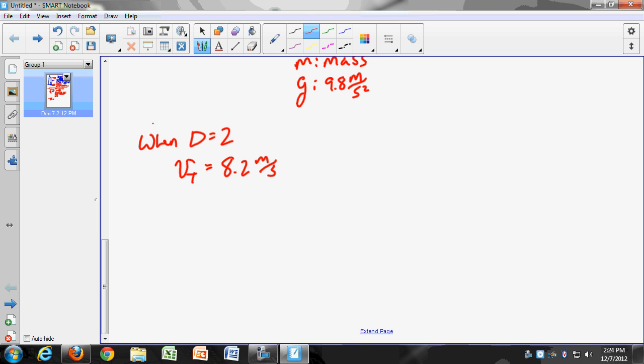Or excuse me, that's the best case scenario. When d equals 0.5, that gives me a terminal velocity. So I have the least amount of drag here. Gives me a terminal velocity of 16 meters per second. All right, and so if I use those,